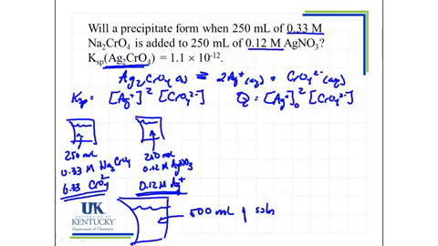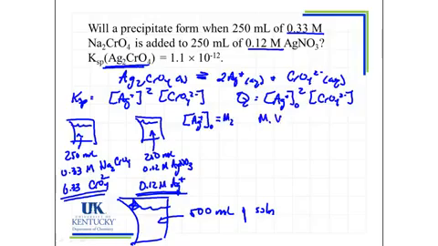So let us calculate the silver ion concentrations after these have been mixed, and after they've been mixed and before they've had a chance to react. That would be the initial concentration of silver in this beaker down here. Well, I'm going to be considering a dilution, so it's going to utilize M1V1 equals M2V2. So the silver ion concentration that I want to put in here would be the M2 of this